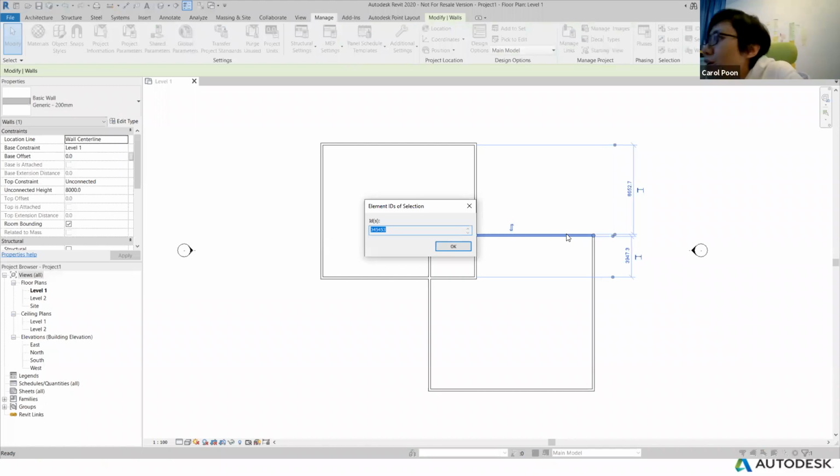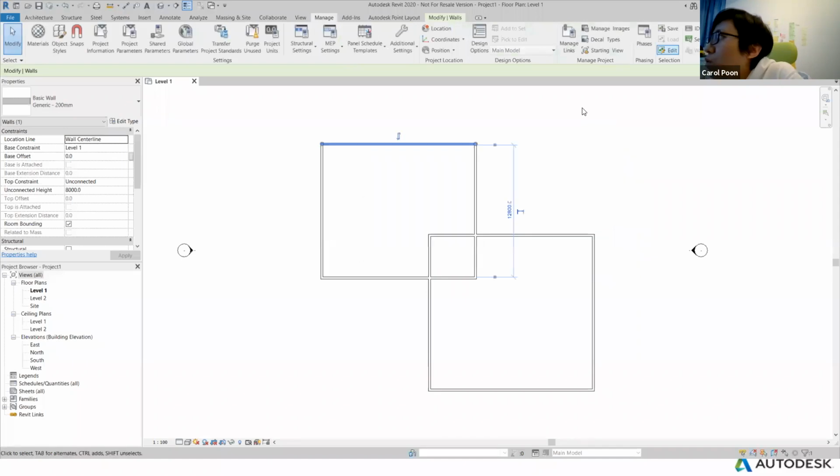Well, it is so small. It is 345453. Is this the element ID? And if I click on a different wall,